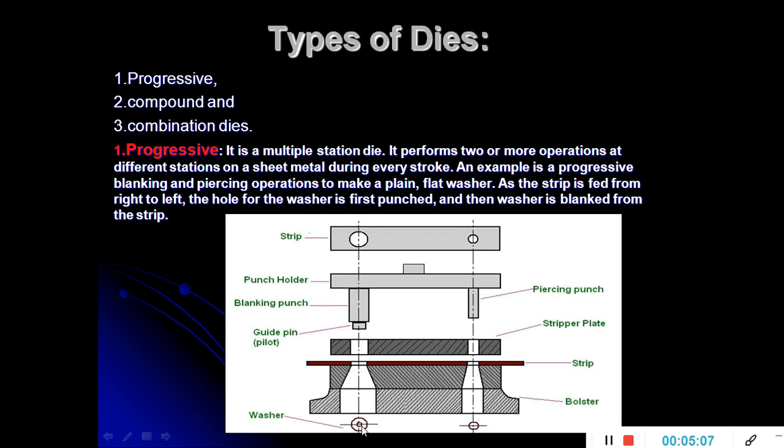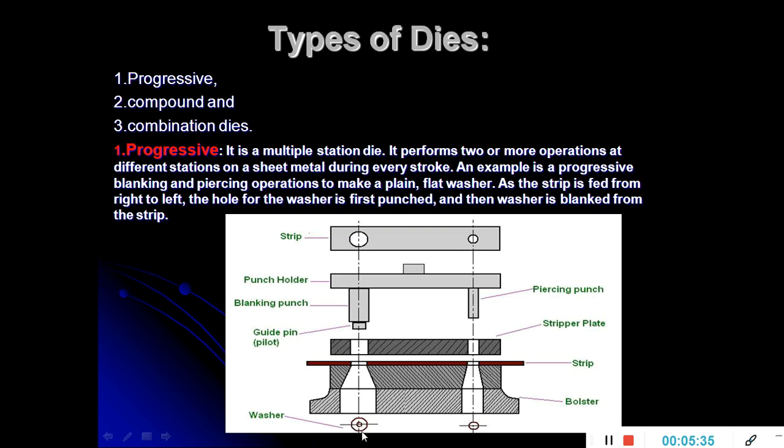Now here it is the useful component. As I told you in the last bit, in the blanking operation, the material which is removed from the sheet is the useful component, and the material remaining in the sheet is the waste component. So initially the hole has been made in the sheet metal, and that same sheet metal is transferred to die number 2, where the blanking operation is going to be done, and automatically the removed part is nothing but